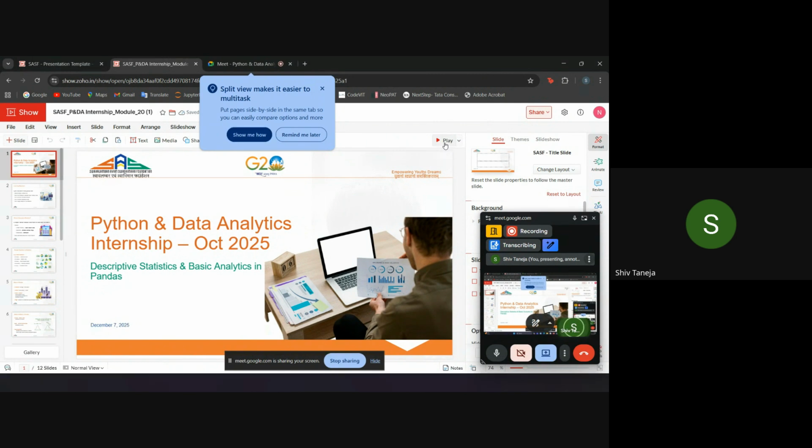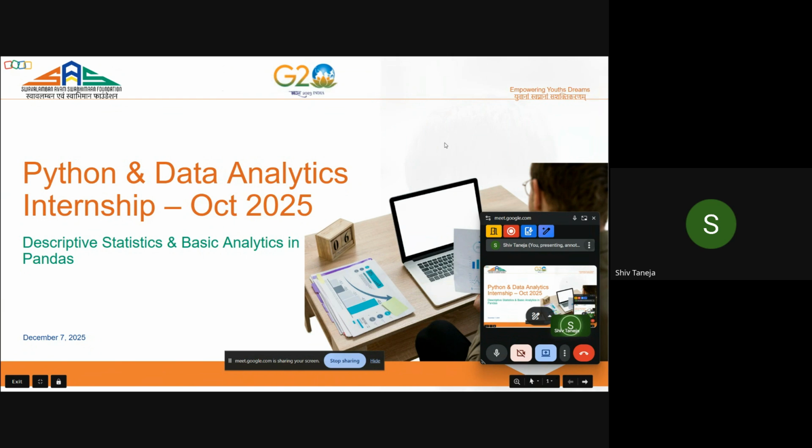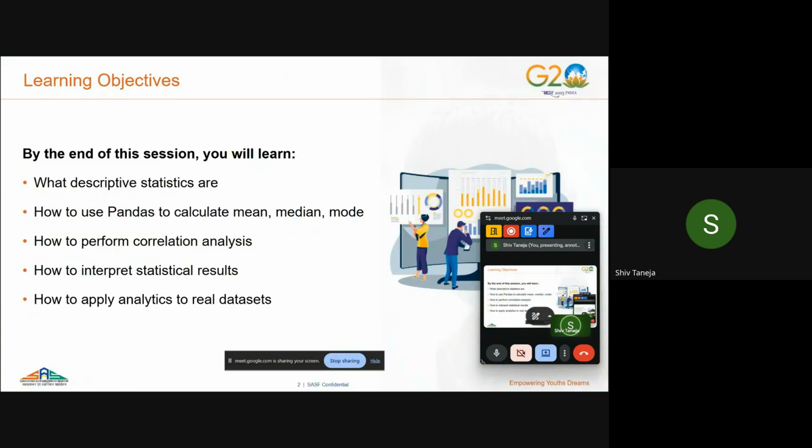So today we'll be starting another lecture in the Pandas series, and in this lecture we'll be learning about descriptive statistics and basic analytics in Pandas. Okay. By the end of this session, we'll be learning about the description